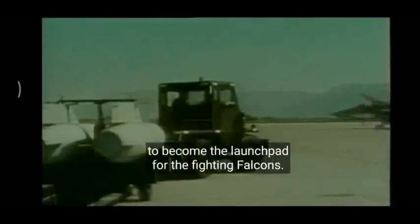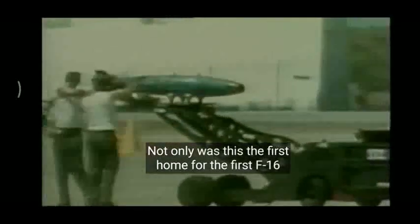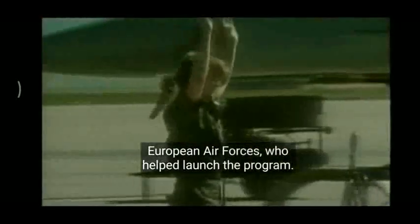Hill Air Force Base in Utah was selected to become the launch pad for the Fighting Falcons. Not only was this the first home for the first F-16 combat unit, but it had also trained pilots and engineers from almost every one of the many foreign customers, including the 4 major NATO European air forces, who helped